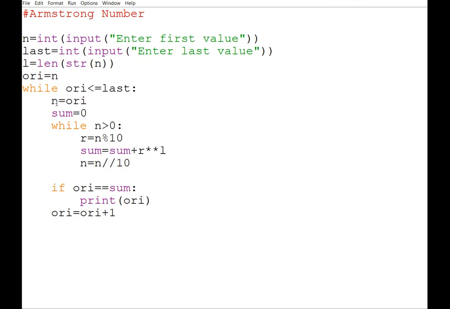So therefore, for every number, first my sum is 0, then for all the digits of that number, I'm finding the sum. Just say, for example, if you have 151, you will be finding the sum separately. Then for 152, you will be finding the sum separately.